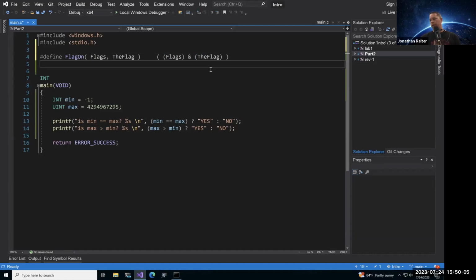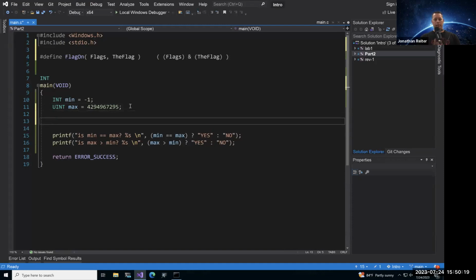How in the world could we use this? How do we test for this? How do we determine if a flag is on or if a flag is off? So what I want you to do here, you can keep everything here if you would like, or you can go ahead and get rid of it. It doesn't matter. It's up to you. I'm just going to say the next class, I'm going to make another unsigned int variable called next class.